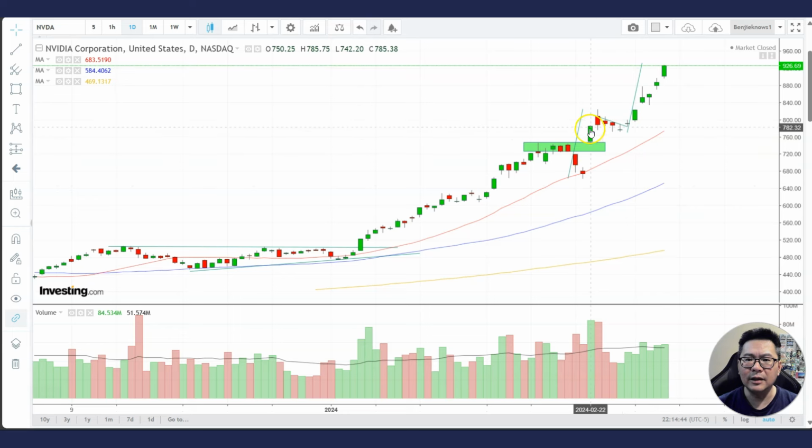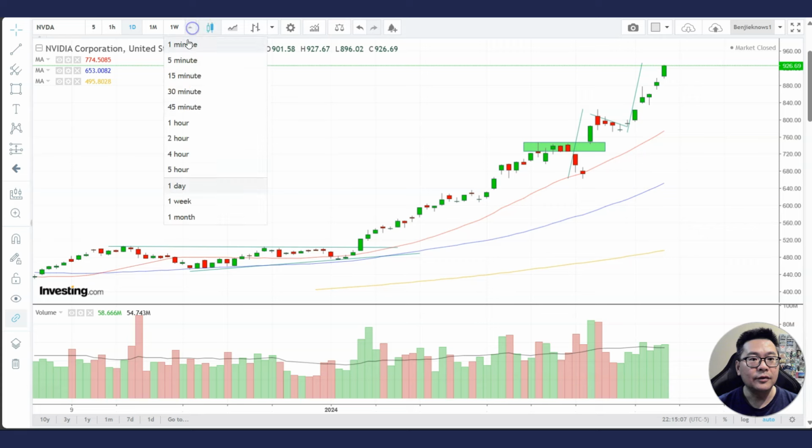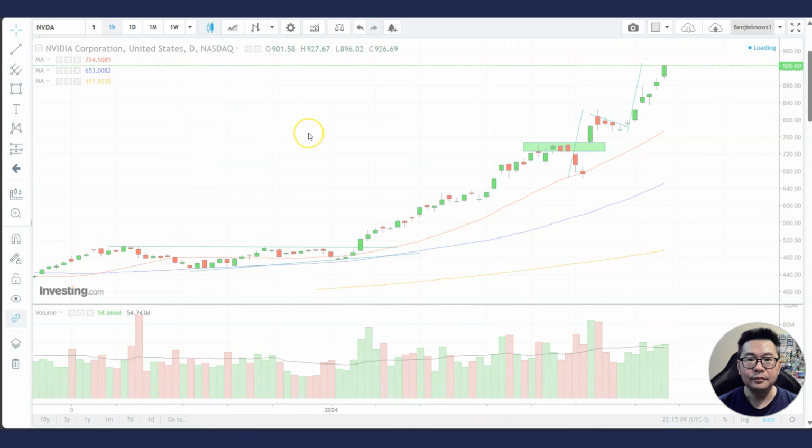Now, a correction might be something like this here, where it rises and then corrects very gently sideways. And if Nvidia has a correction sideways or a slight drop, this provides another trading opportunity for traders. For example, here there's a nice correction. If you go to the hourly chart,